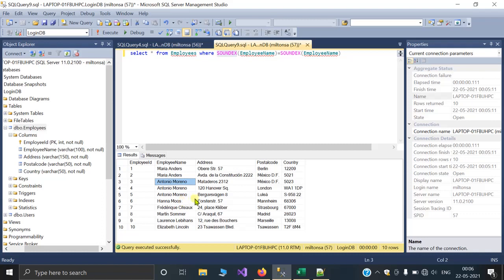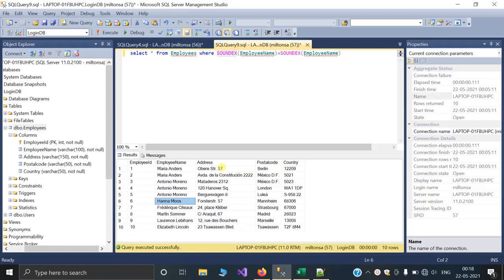That's why SOUNDEX is not working, because we know that the SOUNDEX function returns similarity of two values if those values sound the same but the spellings are different.